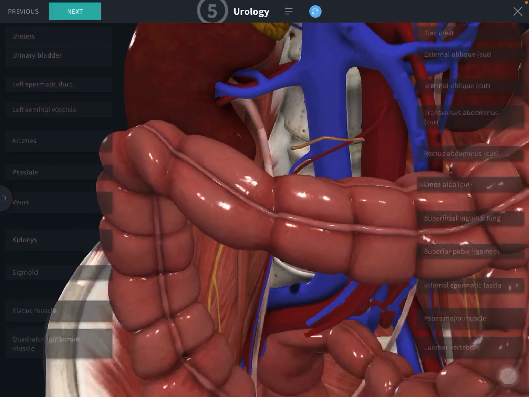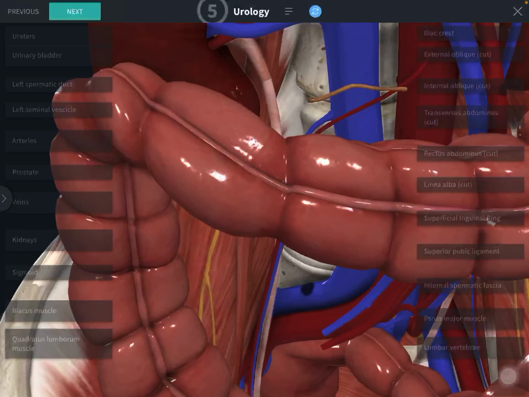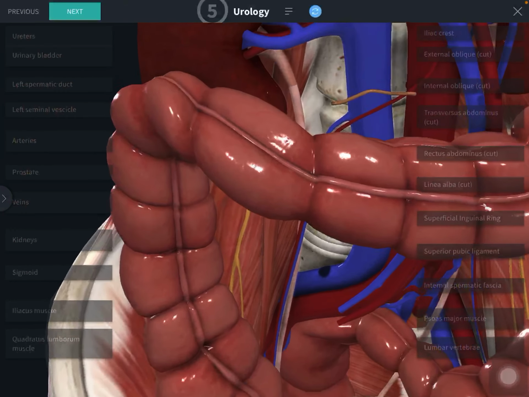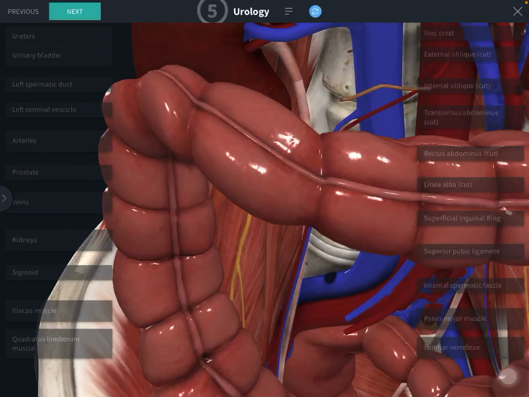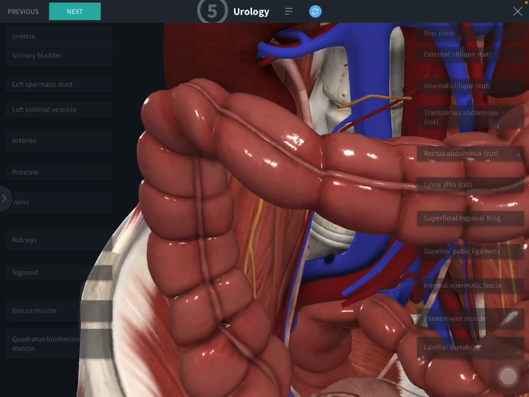We will see the next part, that is the abdominal part of the ureter. It passes downwards and medially. You are seeing this is the abdominal part of the ureter, passes downwards and medially behind the peritoneum of posterior abdominal wall, so it is running in the posterior abdominal wall. By crossing, it enters the pelvic cavity, so this part is running downwards and medially.